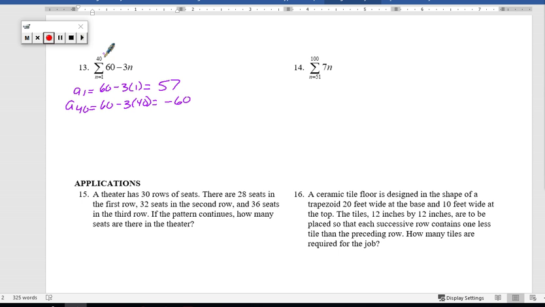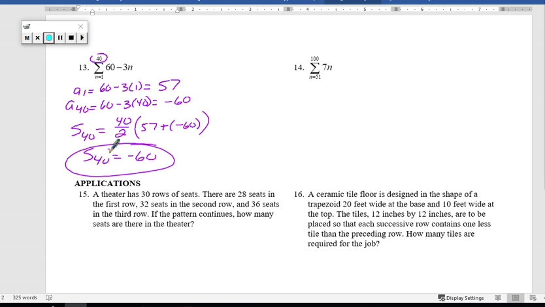Using our sum formula, I know there's a total of 40 terms, so the sum of the first 40 terms is going to be 40 over 2, the first term of 57 plus the last term of negative 60. And when we add all that up, we get the sum of the first 40 terms to be also negative